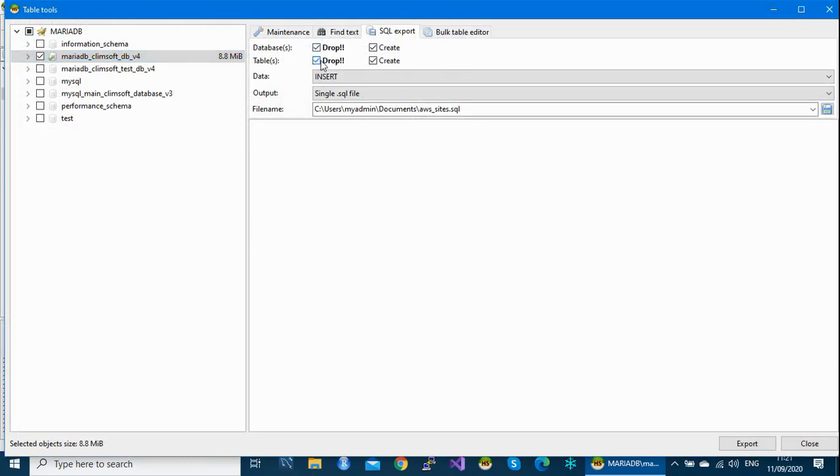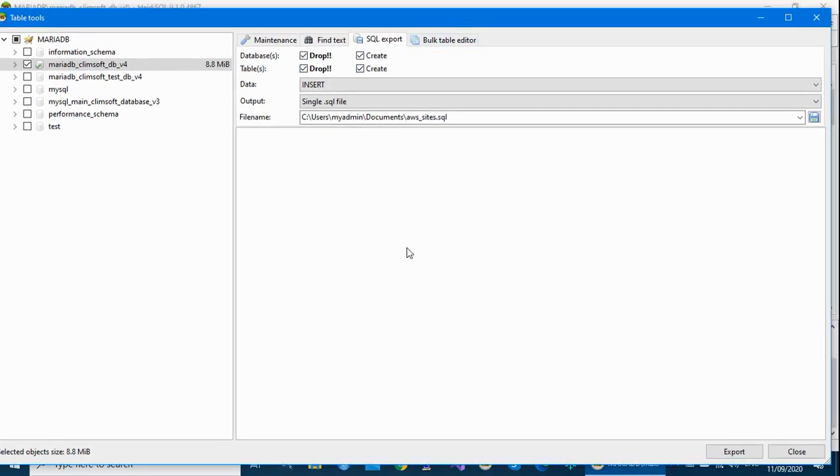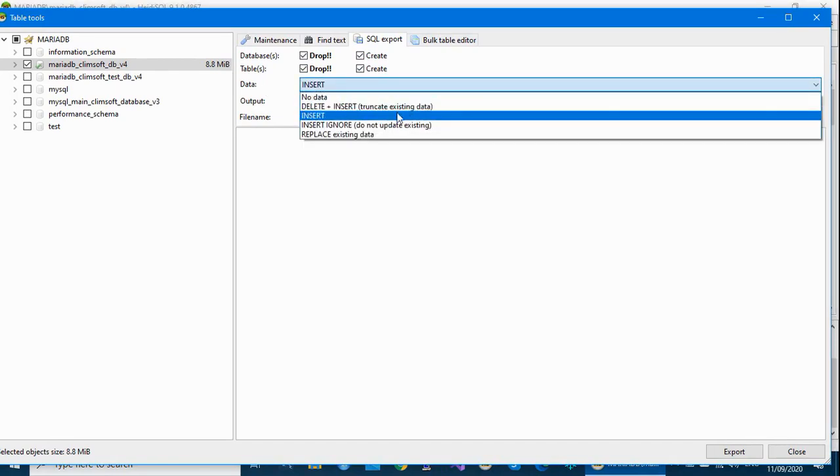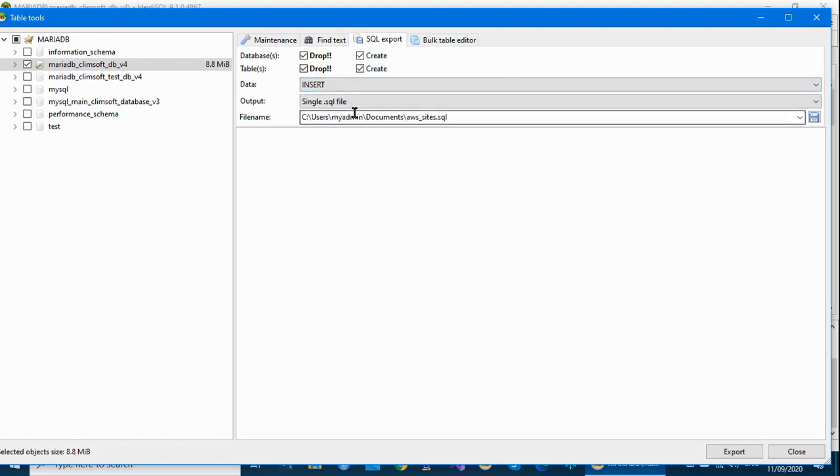Check all the text boxes. Drop, create, they are selected. And then under data, select insert, very important. That means it will insert data. The output will be one file with extension SQL, so it will be an SQL file.